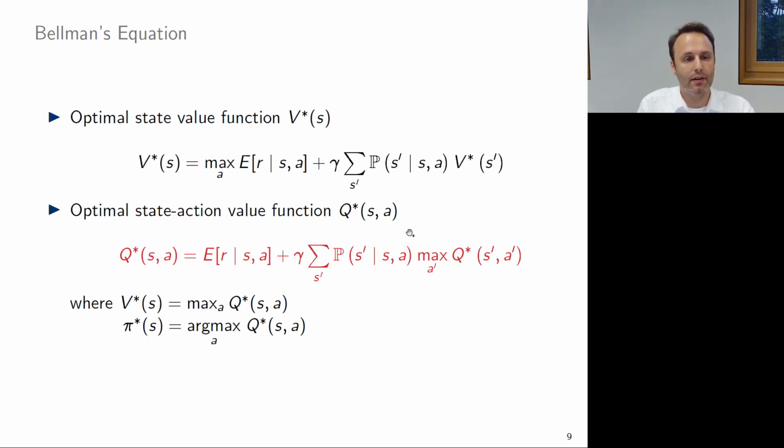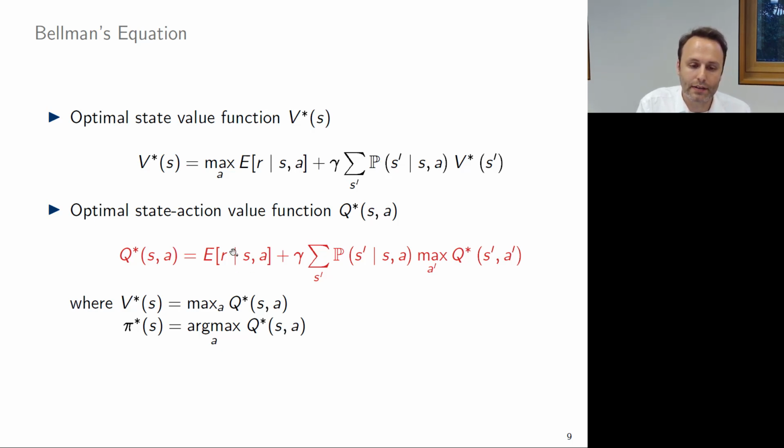So we can rewrite our Bellman equation in the following way. Here you see the familiar Bellman equation, and if we define V star of S as the maximum of the Q function, which depends on the state-action pair, then we can just plug this in here, and we get this Q function. And if we don't have the maximum yet here, we can write the optimal state-action value function as Q star, depending on the state-action pair,